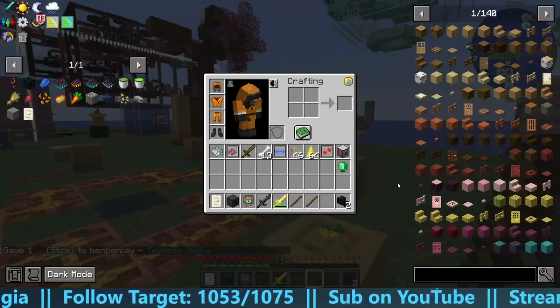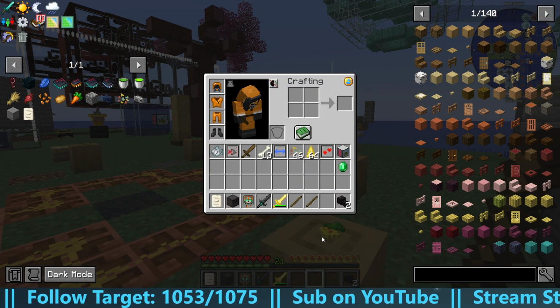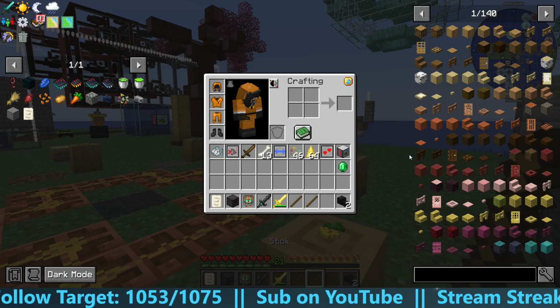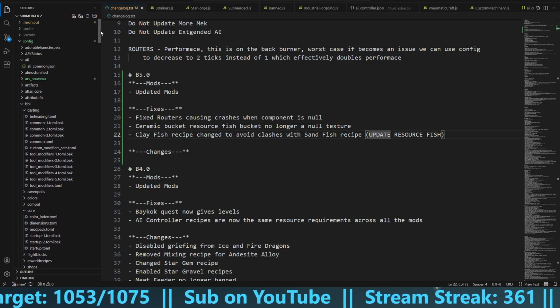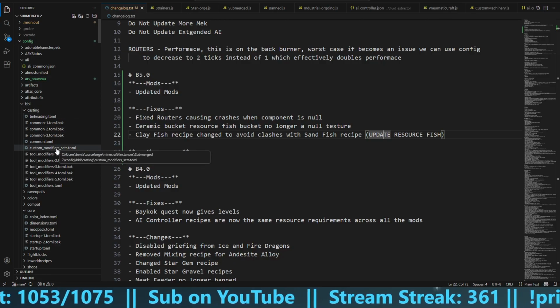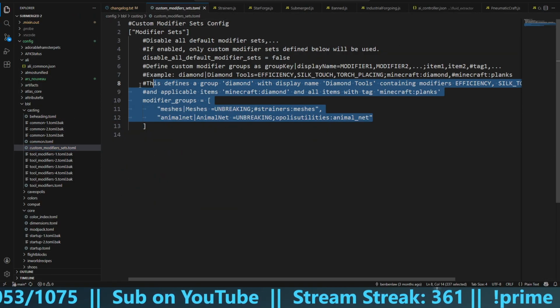Teleporting. But there's loads of modifiers. And then you add it to, where is it? Custom modifier sets. And obviously that's where you get